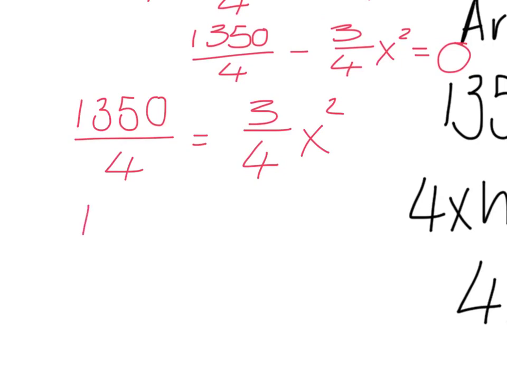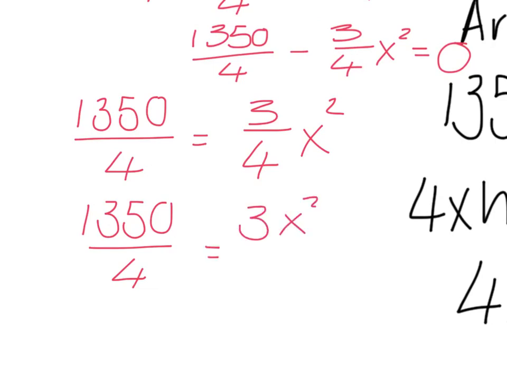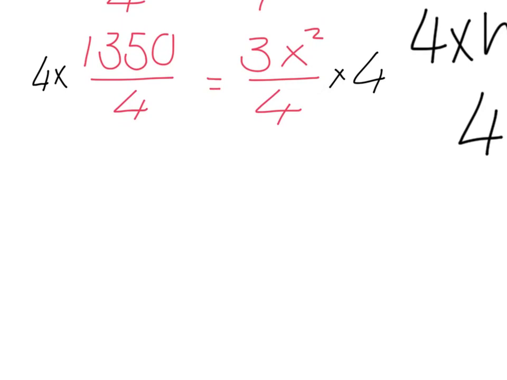So that can then be written as 1350 over 4 equals 3x squared over 4. Now the fractions are posing problems at the moment, but since both sides are over 4, an easy thing to do is just multiply by 4 on both sides to remove the fractions. And as long as we do the same thing on both sides, that's fine. That leaves us with